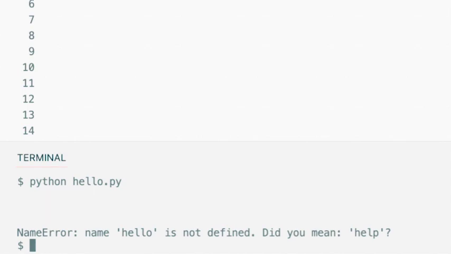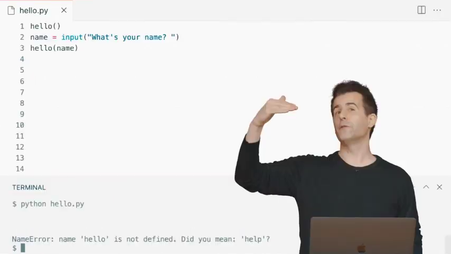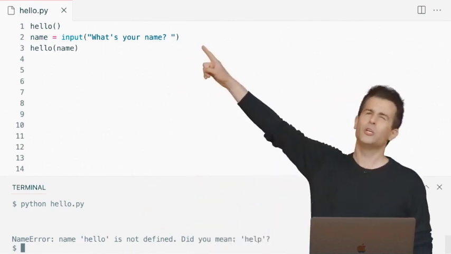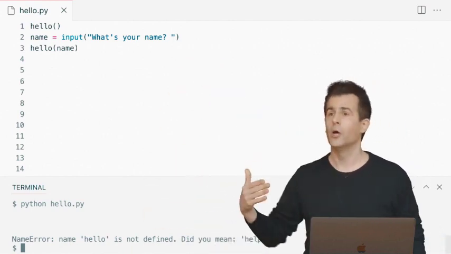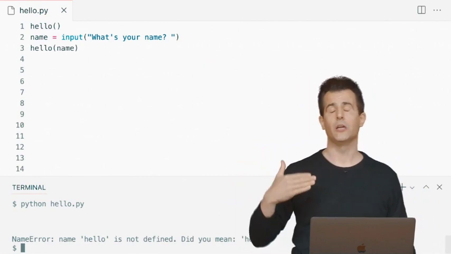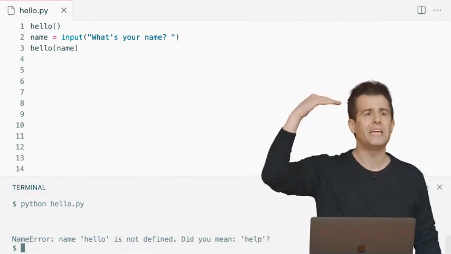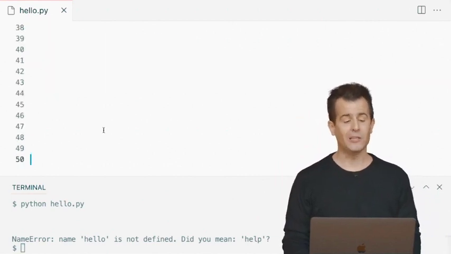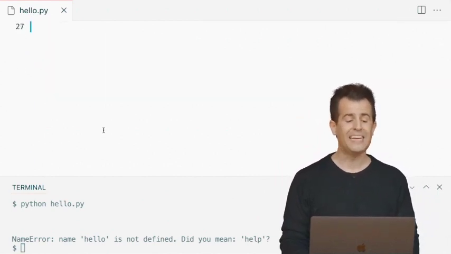The problem here, though, is that Python is just taking me literally. I have defined my function hello all the way down here, but I'm trying to use it way up here, and that's not allowed. Python's interpreter is going to take you literally, and if you use a function, it must already exist by the time you are calling it. So how do I fix this? Well, apparently I can't do that. I have to define any functions I want at the very top of my file.